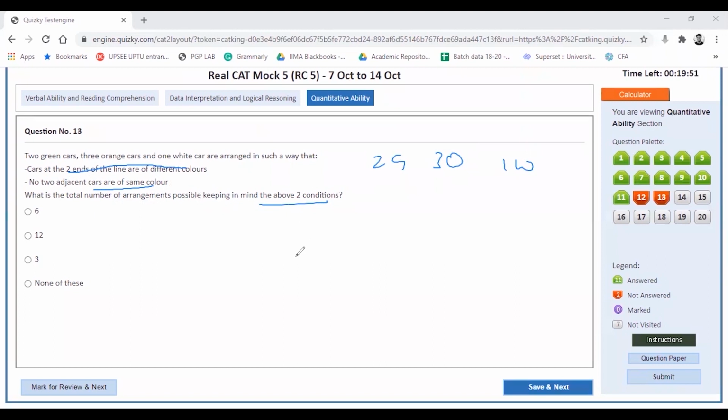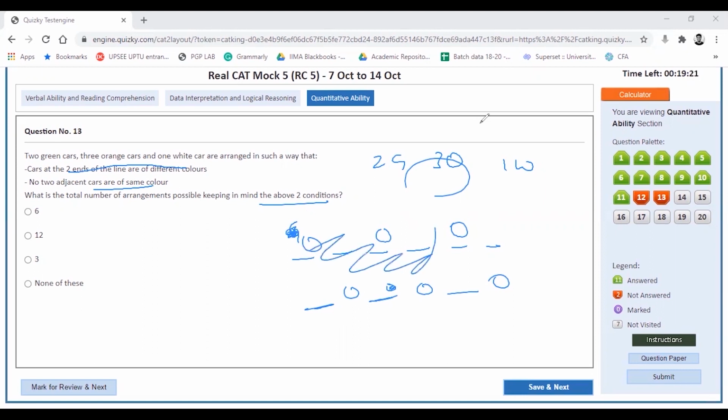Okay, so 3, 4, 5, 6. Now, three oranges, that gives a statement. Oranges can only be placed this way, or this way. Now the remaining two greens you can have this way. Sorry, this was the first base. No, sorry, let me redo it.